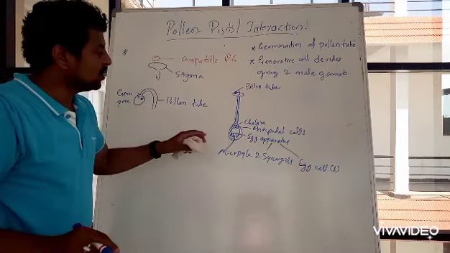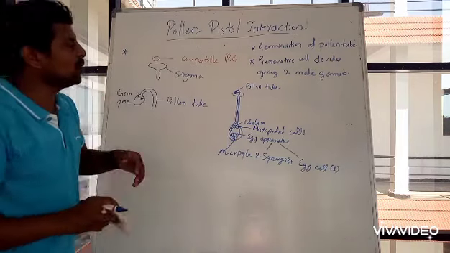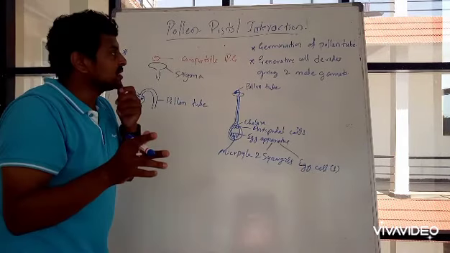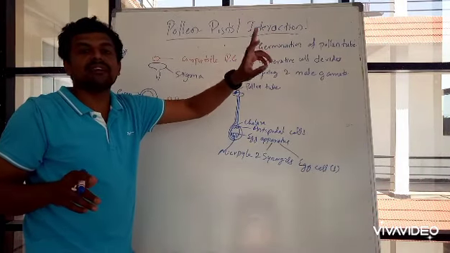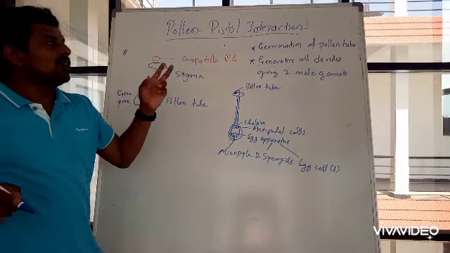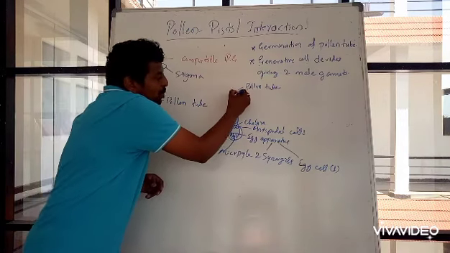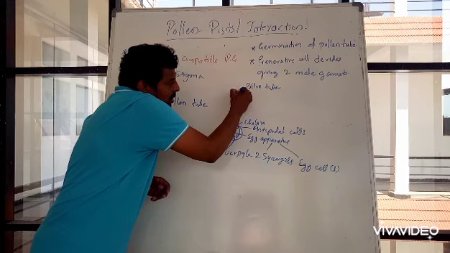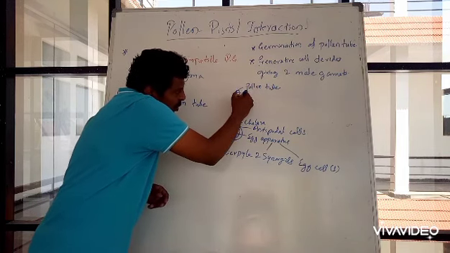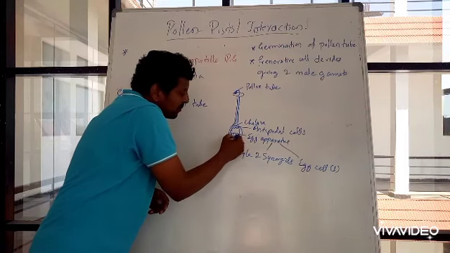You got it? So it will reach with the pollen grain. Once the pollen grain falls on the stigma portion, it will germinate. The first thing, the pollen grain will germinate giving rise to a pollen tube, and the second thing, the generative cell divides giving two male gametes. Those male gametes travel all the way through this pollen tube. Then that pollen tube will move through the stigma and style, and finally reaches the ovary.